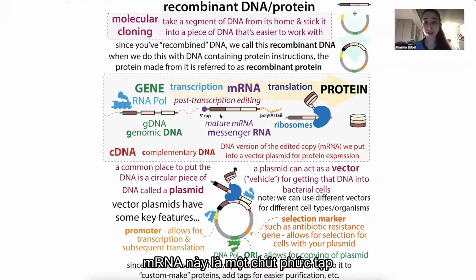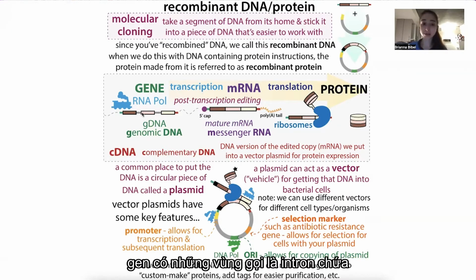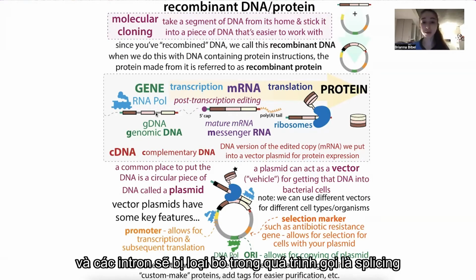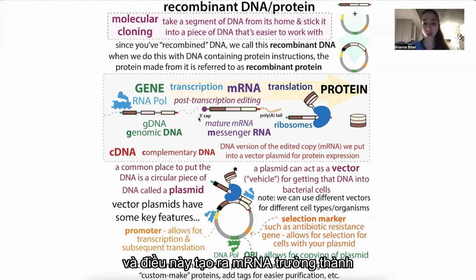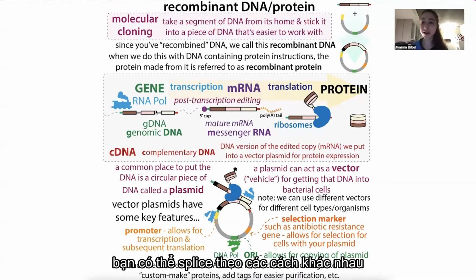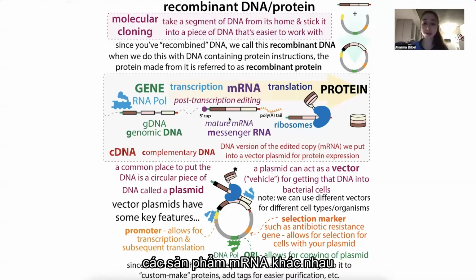This messenger RNA is a little bit of a complication when it comes to the terminology that we use, because this messenger RNA is actually an edited form of the gene. The gene has these regions called introns, which have regulatory information and don't have the instructions for making the protein. So the instructions for making the protein are in the parts called exons, and the introns get removed in a process called splicing, and this gives you the mature messenger RNA. We'll talk about that in some other posts. You can splice in different ways, alternative splicing, and get different products, different messenger RNA